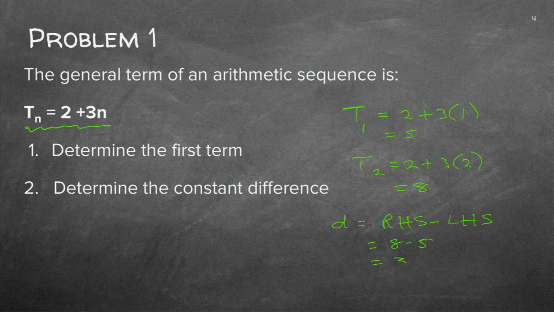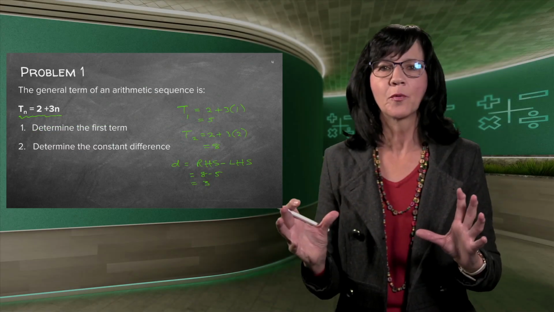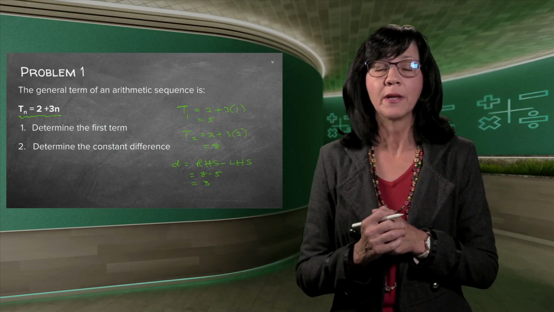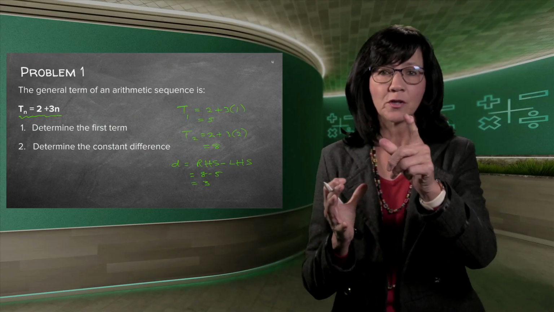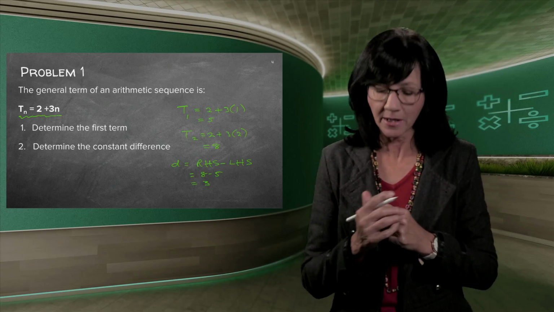So the common difference is 3. Good. It's as easy as that. So that is just a basic little problem. There is, though, another method as well, because if you look at the formula carefully that they gave us, let's